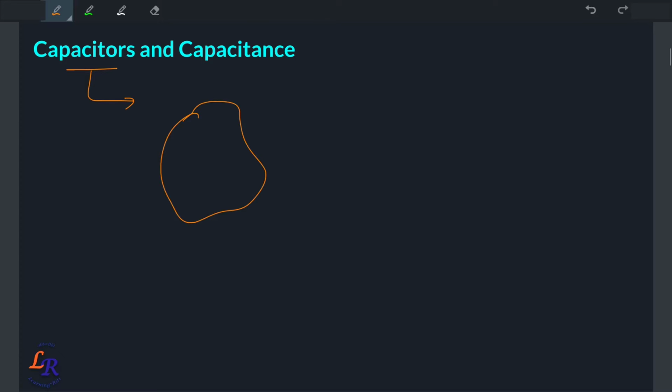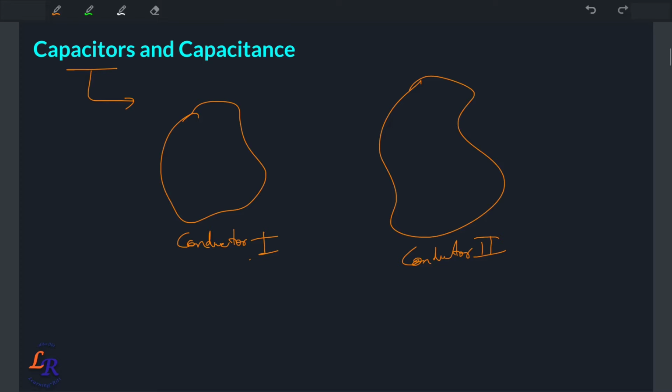So you can assume, let's say this is your conductor 1, and let's say there is another conductor 2, right? And if they are separated by a finite distance, and in between there is a dielectric medium, vacuum or whatever, it will form a capacitance. Let's say these two conductors have charges Q1 and Q2. In fact, in general, the charges on the two conductors are Q and minus Q,